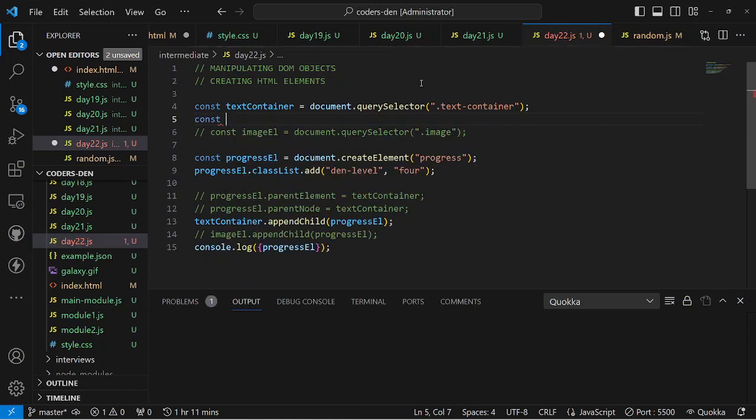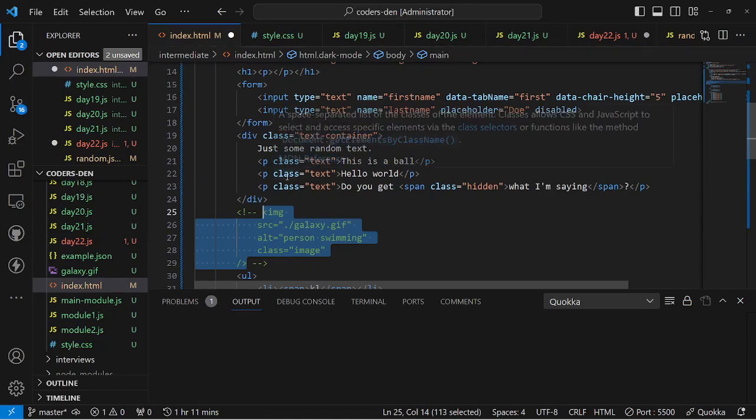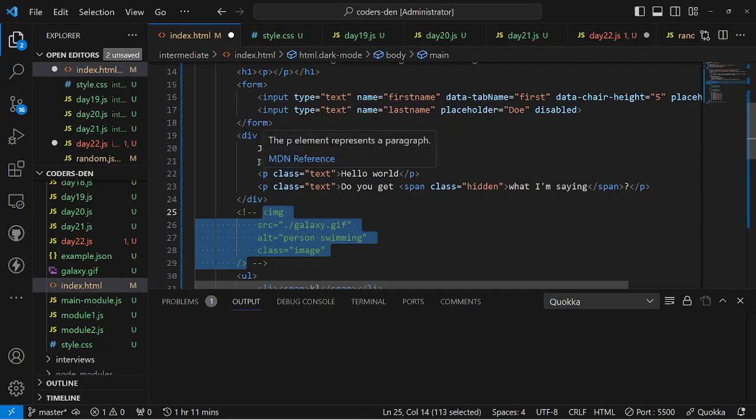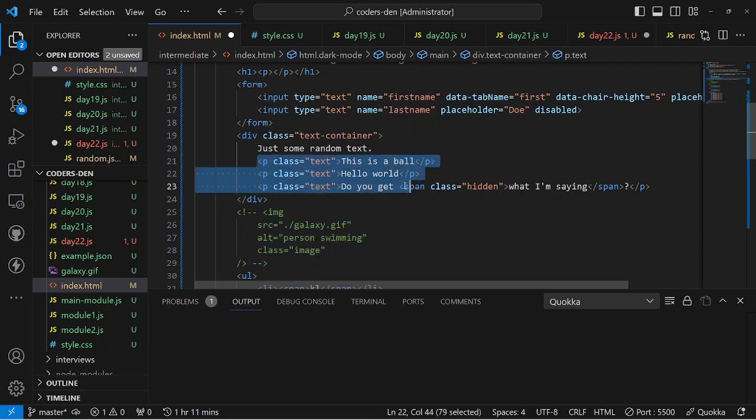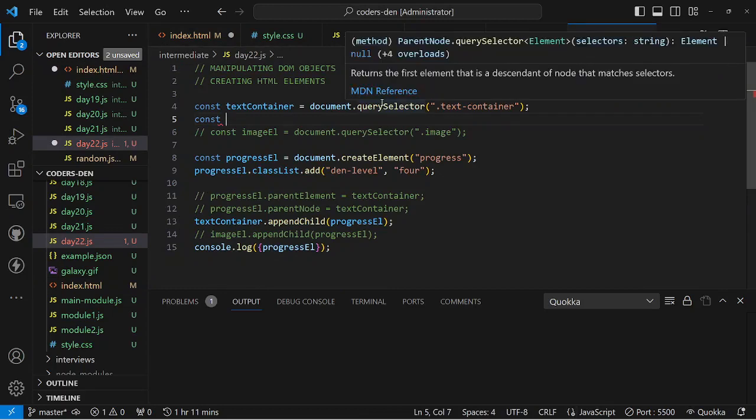So const, which one are we going to remove? Let's use this opportunity to look at some other properties of some of these, getting other elements. So we have text container as a variable. Now there is a method for getting